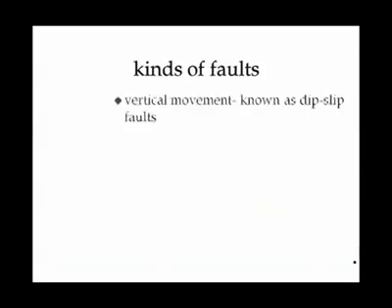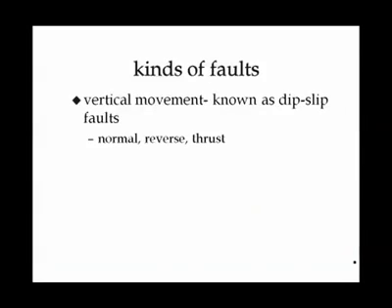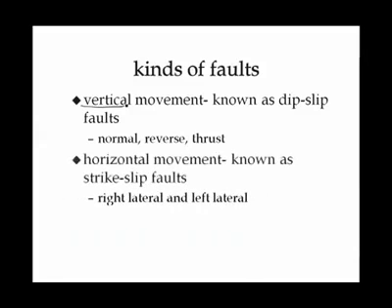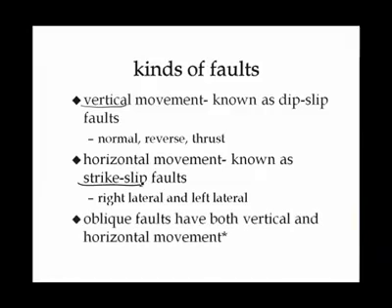Now for faults. The kinds of faults are dip-slip faults, which are from vertical movement, and you have normal, reverse, and thrust. You have horizontal movement giving you strike-slip faults, left lateral and right lateral, or you could have oblique faults with both vertical and horizontal. Now you can memorize those names, or you can make sense of them by using the terms that you have